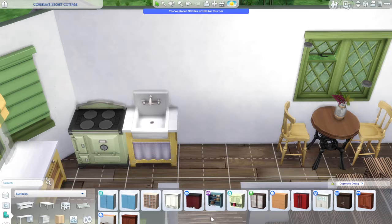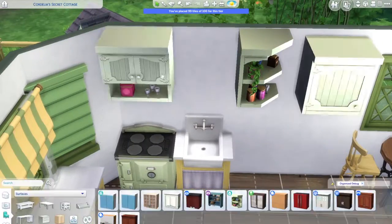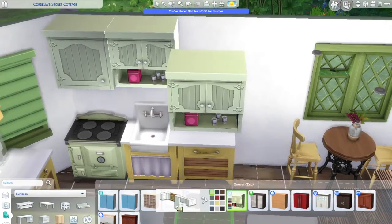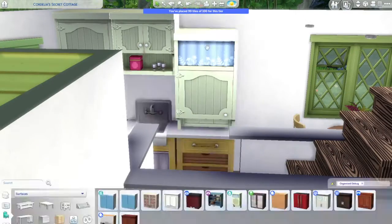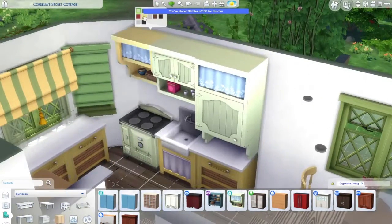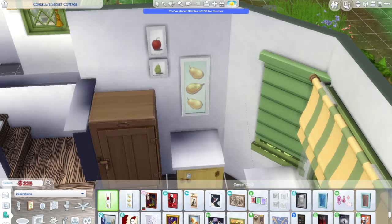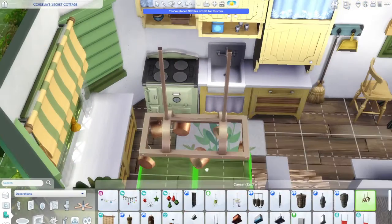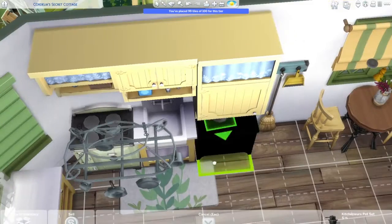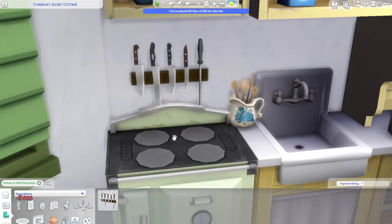Weirdly enough, this little house is considered a small house, which I thought would be a lot smaller than that. I did have the intention of making this a tiny home or a small home or micro home, one of those. But I also didn't want to build to that, what's the word? Like that standard? Exactly. So I kind of realized that it would count as a tiny home, one of the tiny home tiers, and then went with it. I think I just had to cut off like one thing. But anyway, it's a small house, so you get those skill gains in this house too,